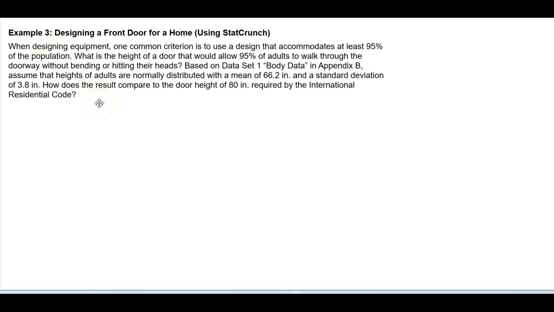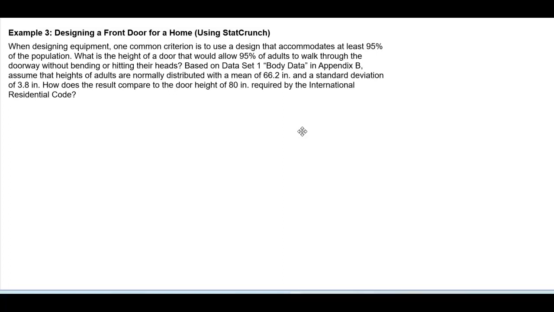Example 3. Designing a front door for a home using StatCrunch. When designing equipment, one common criterion is to use a design that accommodates at least 95% of the population. What is the height of a door that would allow 95% of adults to walk through the doorway without bending